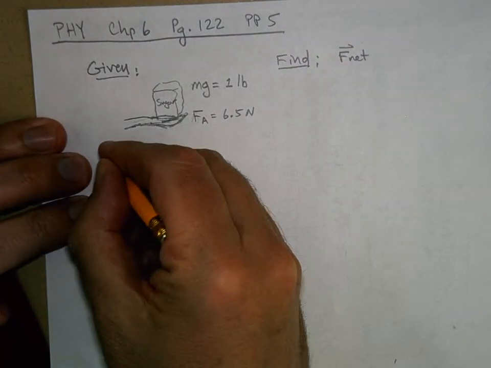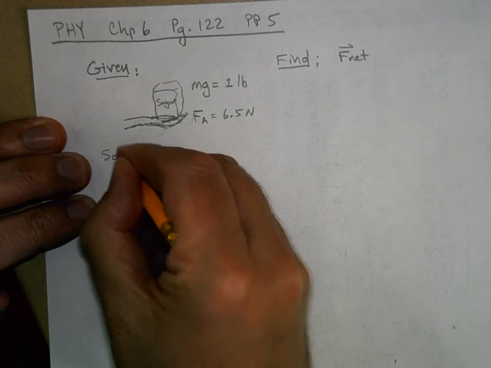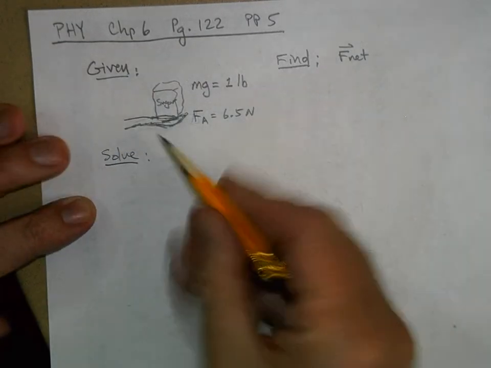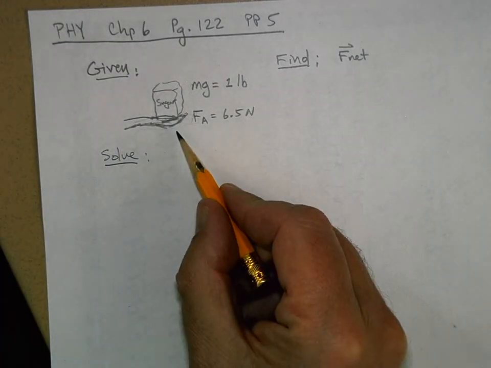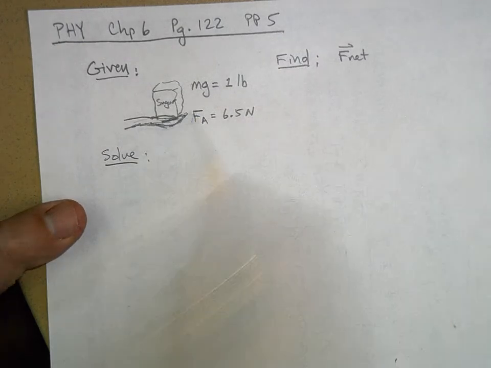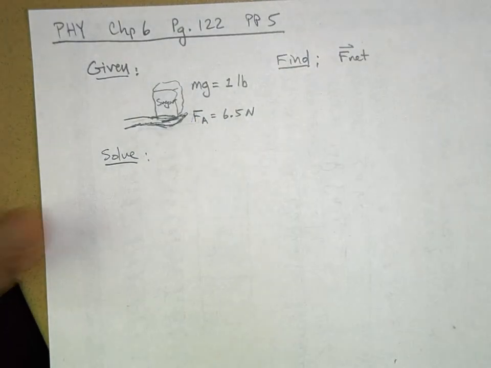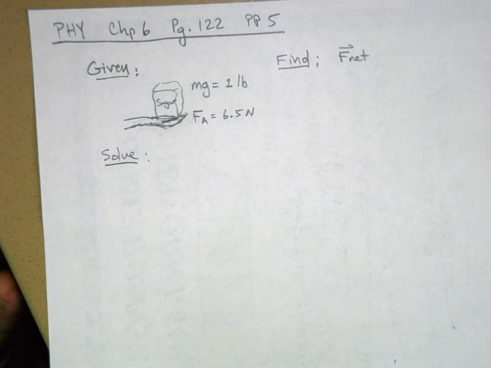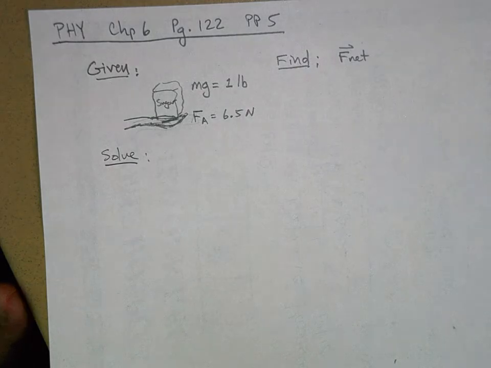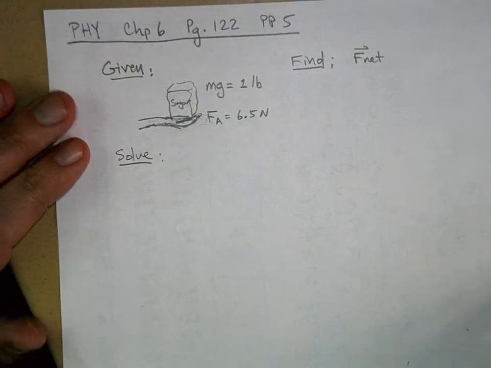Given and find, and so I've already set it up with given. Here's somebody's hand holding up 1 pound of sugar, and we're applying an upward force on the sugar of 6.5 newtons, and we want to know what is the net force acting on that bag of sugar. Well,